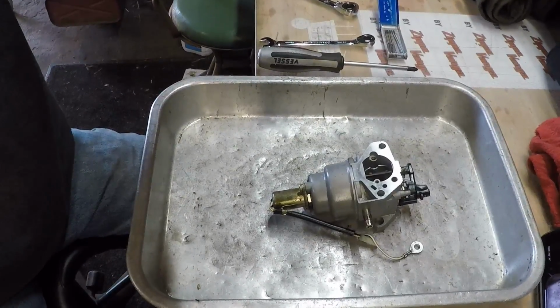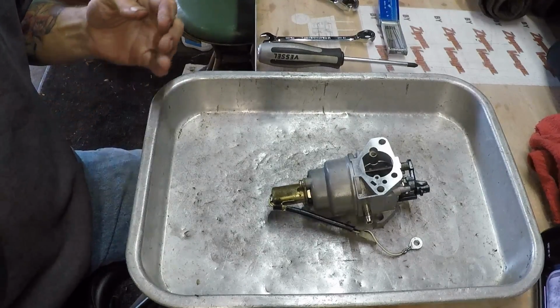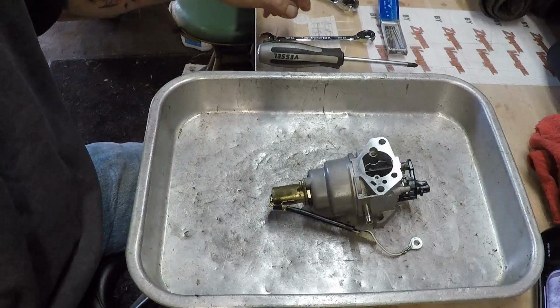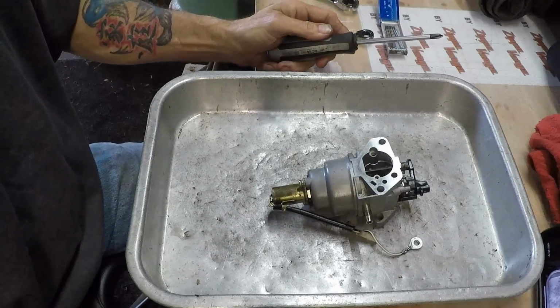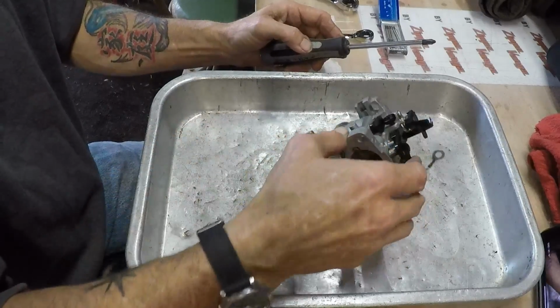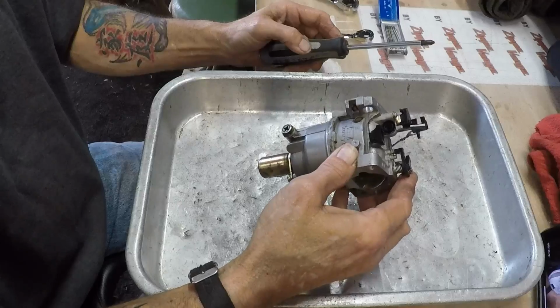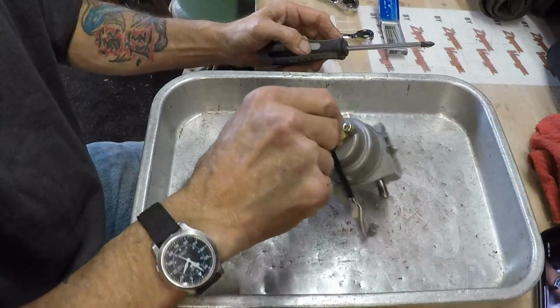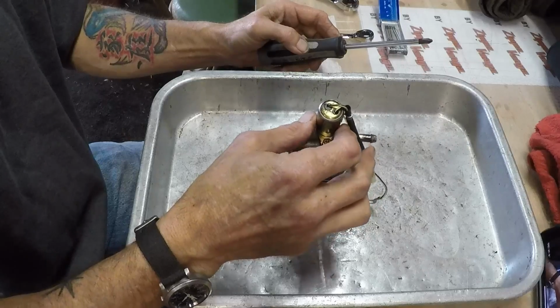There we go. I noticed I was going left and right on the microphone speakers with the last video on the Troy belt, trying to avoid that. I just took it over to the parts washer, gave it a little cleaning, and we're going to go Bruce Pender style here. And I looked at the screws on the bottom that are holding the fuel shutoff solenoid, and